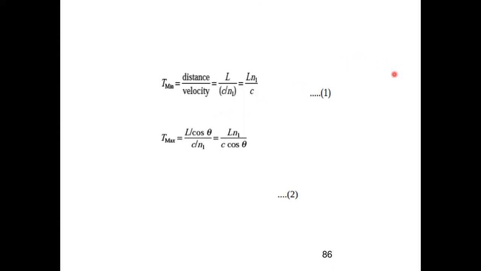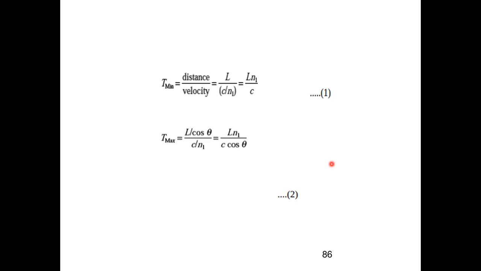Yes, ma'am, speak. L by cos theta is considering only one reflection, right? But ma'am, there can be many reflections. Yes, we are not doing that right now, there will be many reflections. There is a formula also to calculate the number of reflections. I'll give you that later on. Actually, it is not a part of the course, but yes, we do have a small numerical on that, so that you can calculate how many times the ray will be reflected. If time permits today, I will give you that problem.